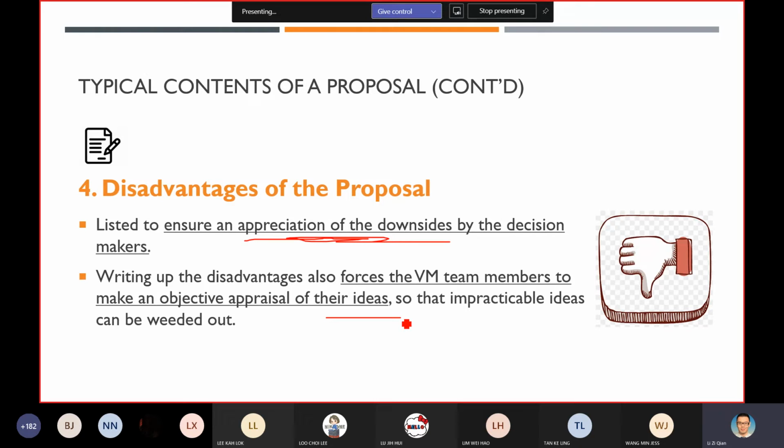But if that wild idea, that impractical idea, is brought forward to this development phase, then you have a problem, because you do not know how to do it, because it is impractical at all. So this can help you, to a certain extent, to wipe out those impractical ideas for the development. Because development is mainly concerned with how you're going to do it, how you're going to plan it. So those impractical ideas cannot be used here. You need to use more logical and reasonable ideas for the development. Clear? Okay, development, I repeat,